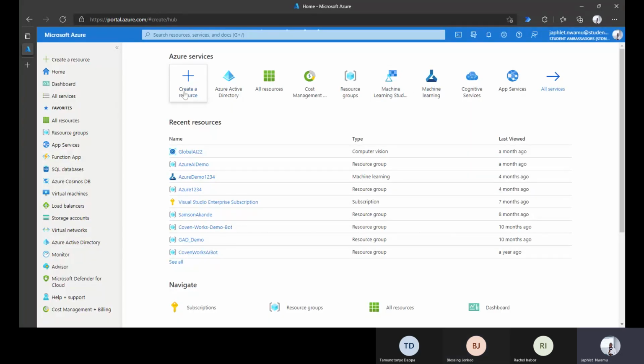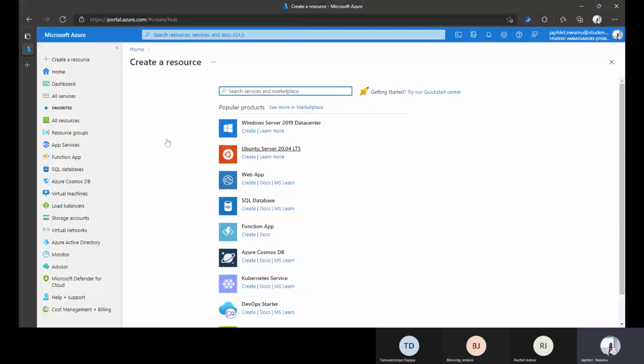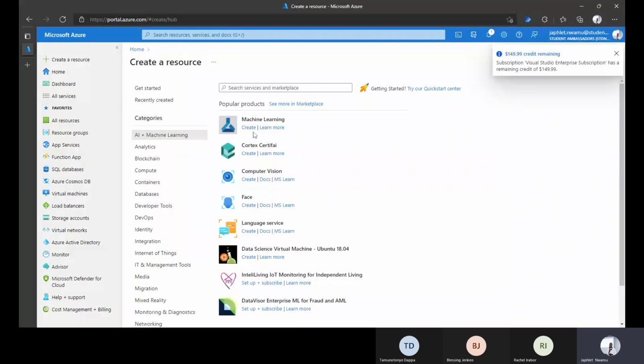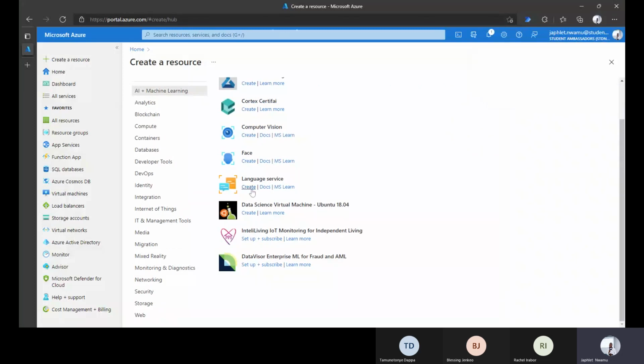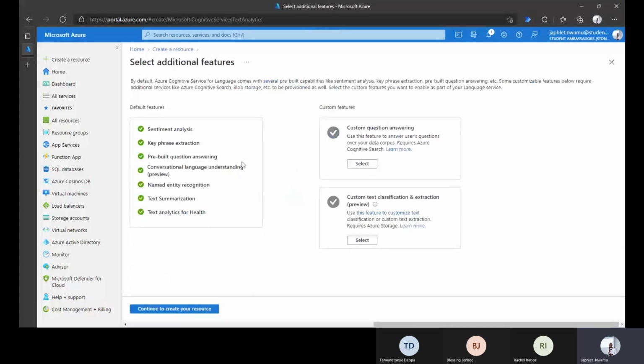So I'll create a resource and I'll look for the language service. And let's try creating it. Great. So here you notice that we're picking the key features and we'll be making use of the conversational language understanding, which is already ticked here. So I'll just continue to create